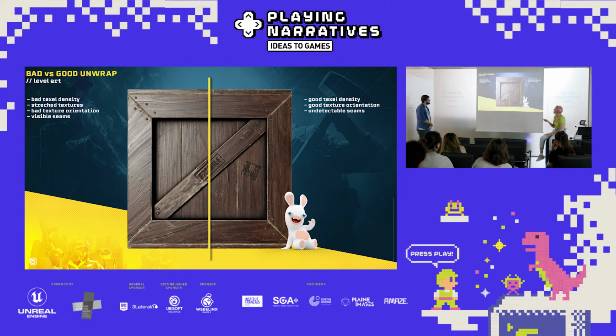The basic idea is to think about it logically. For example, if you have a piece of wooden texture, you would place the texture in a way that the fibers follow the direction of the board. You wouldn't place it diagonally. If you have seams on your texture, you would try to hide them on the back side of the model or on the edges. And you would have to make sure that your texture is not blurry in one place and sharp in another by paying attention to the scale of your UV islands.